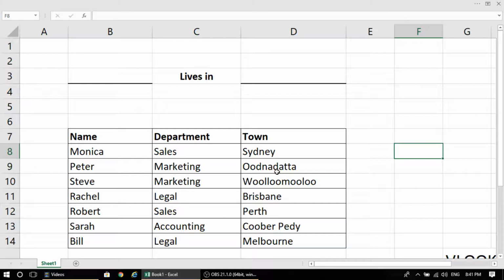So this video is one of those tutorials where I try to go through what a formula is and what it comprises of and how to use it. So let's get started. I've got this table here. I've got this little English test with some blanks. I've got blank lives in a blank, and I've got this table of people with name, a department, and town. I've got Monica from sales who lives in Sydney. I've got Peter from marketing who lives in